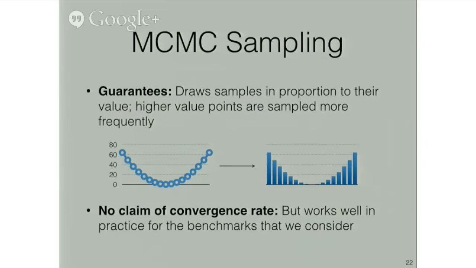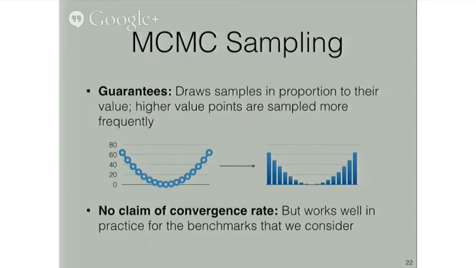How this works is it was actually originally developed as a technique for sampling from probability distributions. But it turns out that it can be applied to search because it has a pretty interesting property, which is it draws samples, or in the context of search, it visits a rewrite in proportion to the value of the cost function. So as I've shown here in this example, MCMC sampling would draw samples from the function I've drawn on the left here in proportion to the histogram that I've drawn on the right. The higher values are visited more frequently than the lower values.